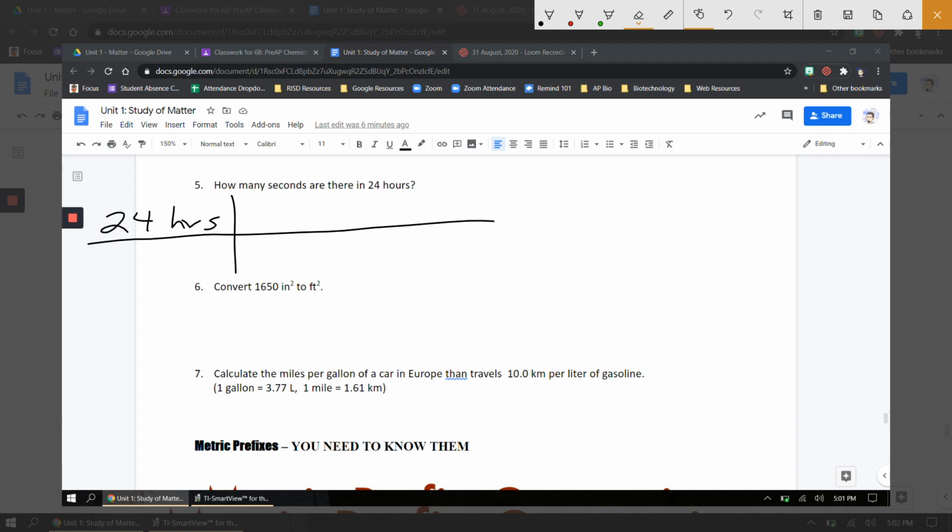But 24 hours, you could think of it as being over 1, and then we're going to multiply it by the next thing, which is after the vertical line. The most important thing you need to understand is the way we're going to do this is